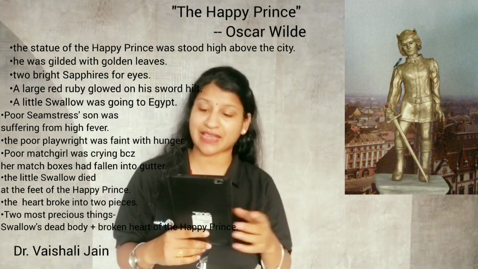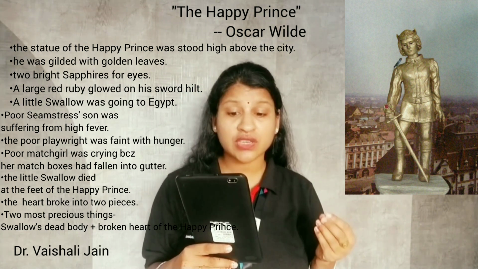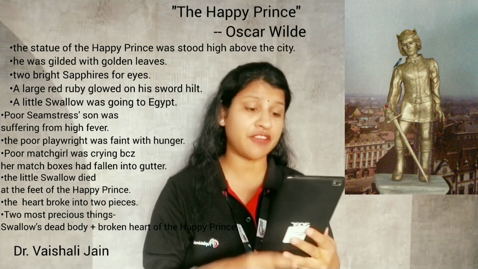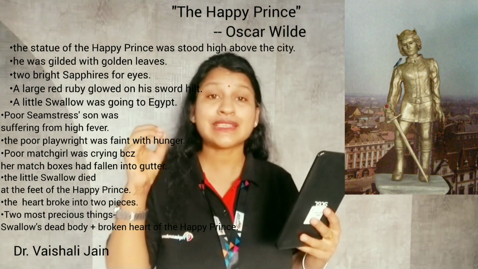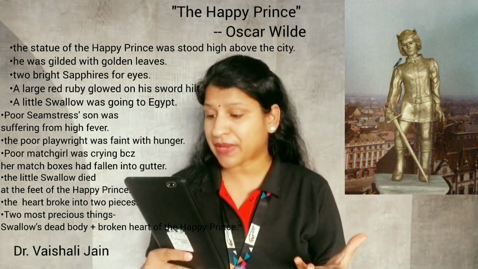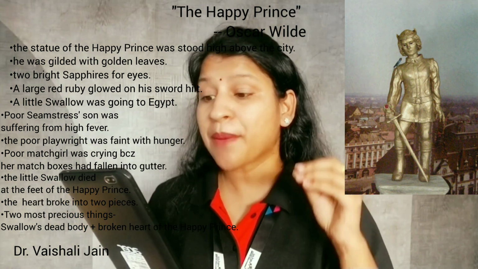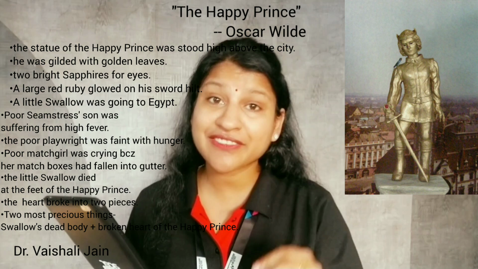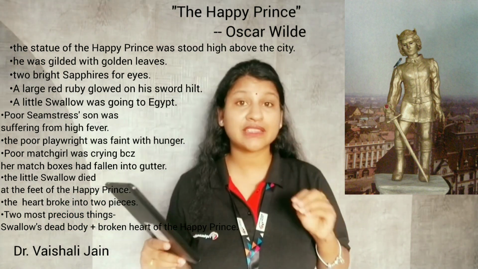Now see, another day the prince noticed a match girl who was ruthlessly beaten by her father for allowing her matches to fall into the canal, meaning the sewage hole. Right. So the prince's heart was filled with pain, and he promptly asked the swallow to pluck out his second eye and give it to that poor needy girl. Now in the beginning the swallow was not ready.